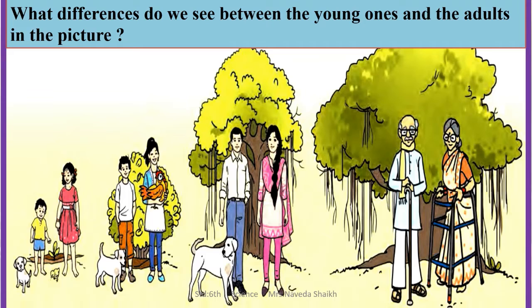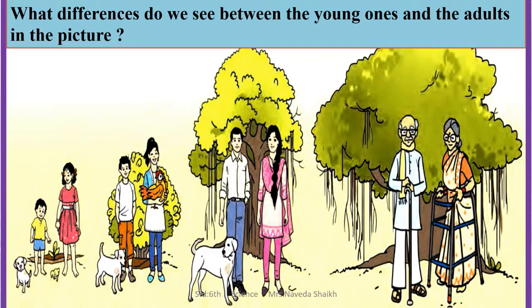Alright, in the next picture, you do not see a hen. Why? Because the hen must have died, because they have a smaller lifespan as compared to human beings, plants, and animals. So your dog, you can see the size and height of the dog has increased, and you can see the girl and the boy, they've matured enough, and the tree also has grown into a tall tree now.